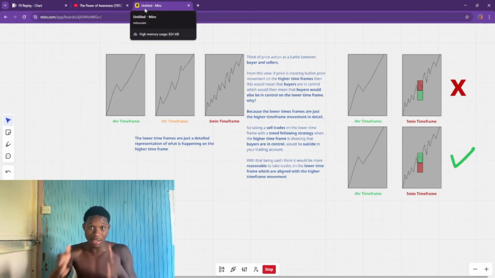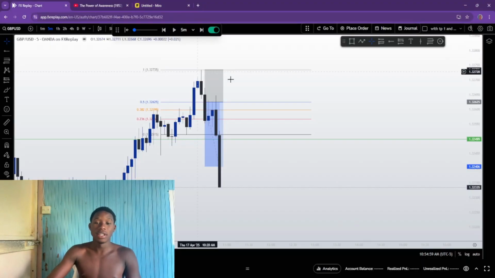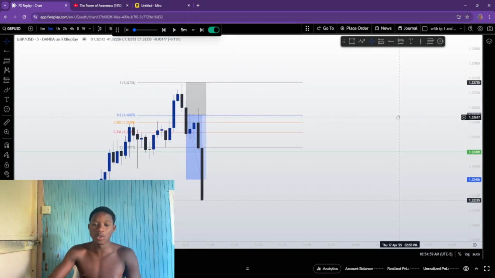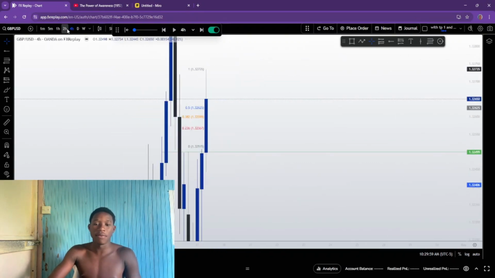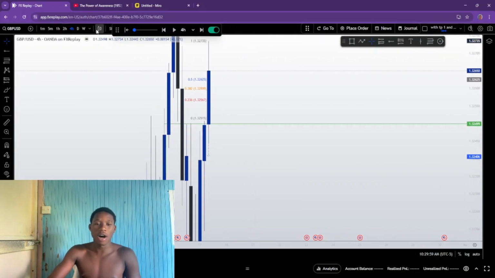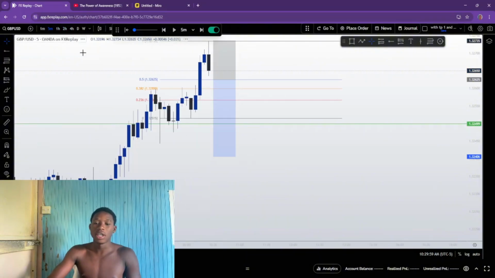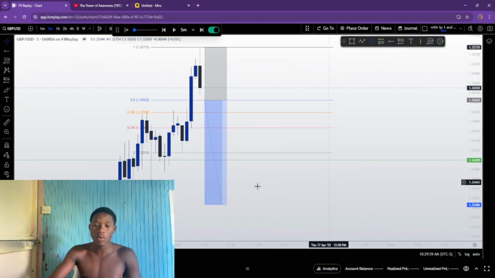If you're still here and the video is still playing, we're going to be using the new strategy I was talking about on Monday, the reversal strategy. Let me explain it to you. Before I take a trade, I have to check the higher time frames. If all of the higher time frames are in an uptrend, let's say the 4 hour is in an uptrend, the 2 hour in an uptrend, the 1 hour in an uptrend, then the 5 minute in an uptrend. Why? Because it just finished breaking above a high. It broke above a high and it creates an FVG